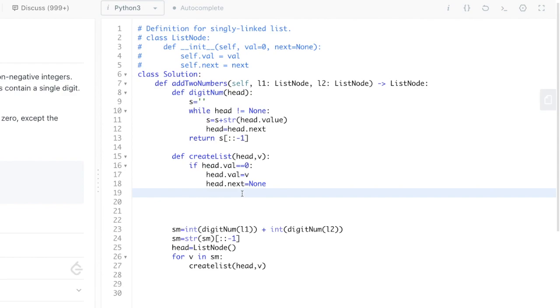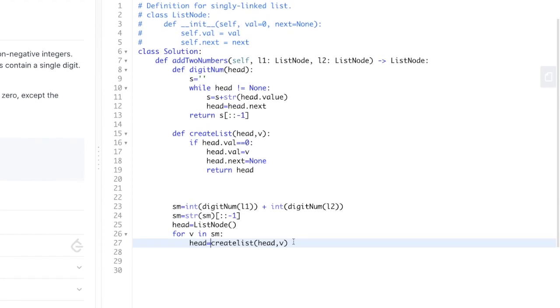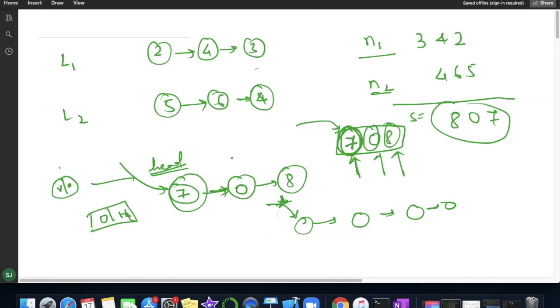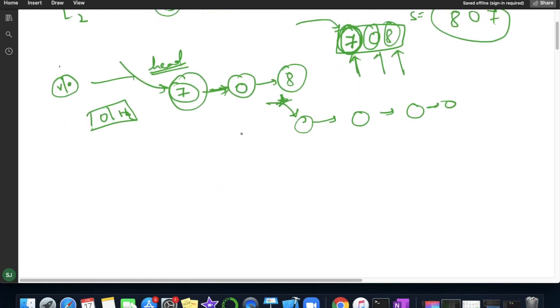So we are returning here head. Now if it is returning head, then we'll simply store in the same variable name head. Now for the very first 7, it is done. We have created one node, which is having value, and initially it is named head, and it is denoting none.